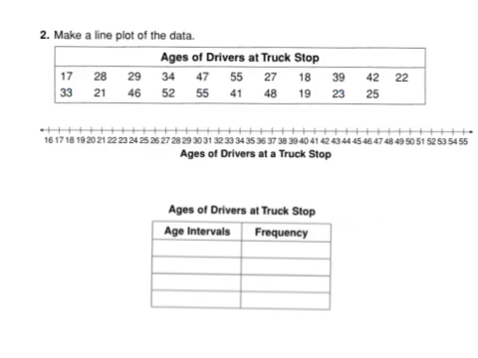Here we're going to make a line plot of the data. So I'm going to do basically the exact same thing, but instead of tally marks, I'm going to do X's above the numbers. And you can notice I've got a really long number line because my data is pretty spread out here. All right, so we've got 17, 33, 28, 21, 29, 46, 34, 52,